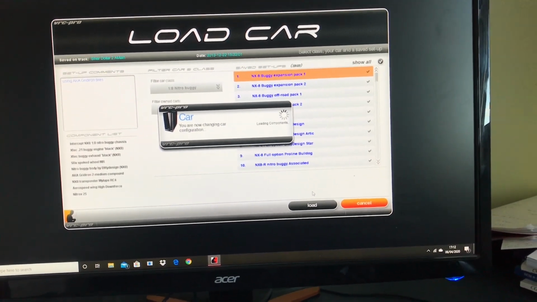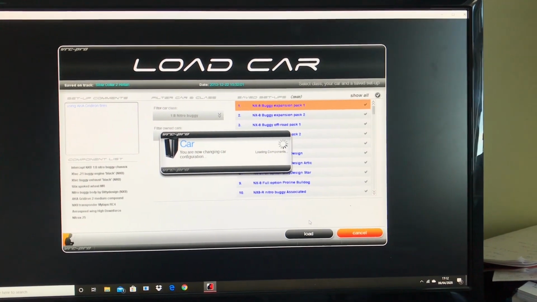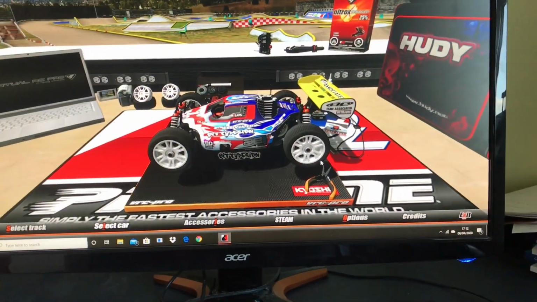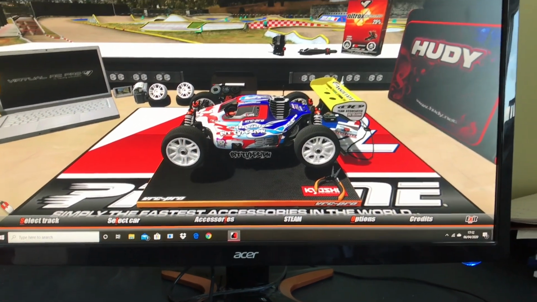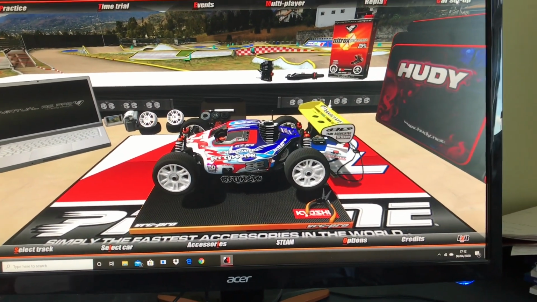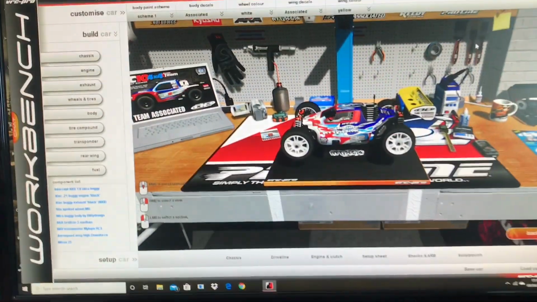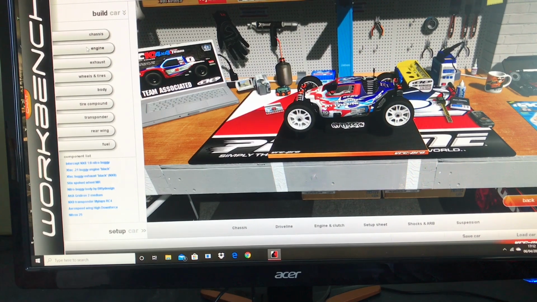So basically, it saves cars depending on what track he's running on, and then it's all done. I don't know what car this is for, this is just an example. So it's now changed to the nitro buggy, and if I go to car setup, I'll have different things I can change. Whereas before I had motors and batteries,